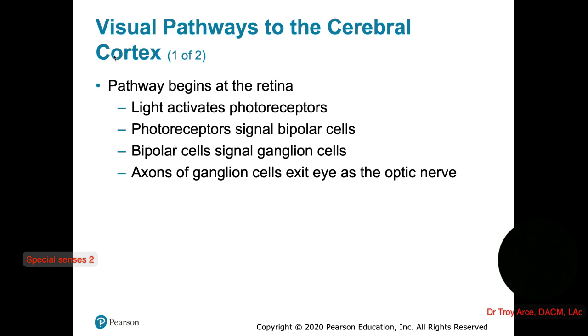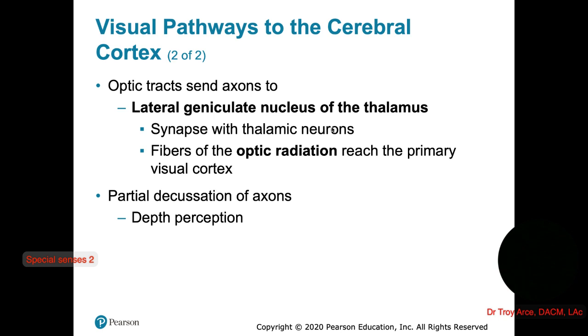Axons leave the central nervous system, right? So they're in the peripheral nervous system, the axons of ganglion cells. They exit the eye as the optic nerve. The optic tract sends axons to the lateral geniculate nucleus of the thalamus and synapse with the thalamic neurons. The fibers of the optic radiation reach the primary visual cortex, and partial decussation of axons takes place, which is